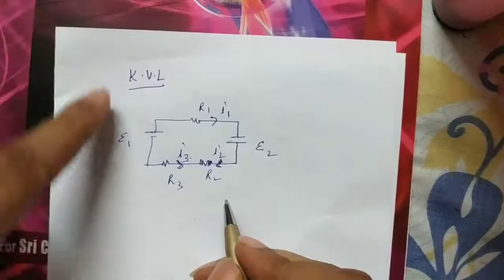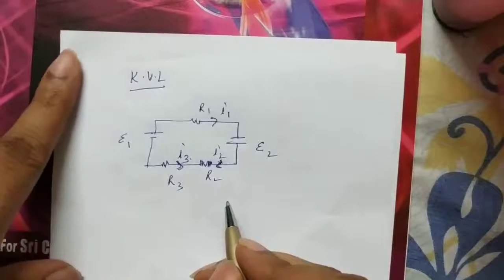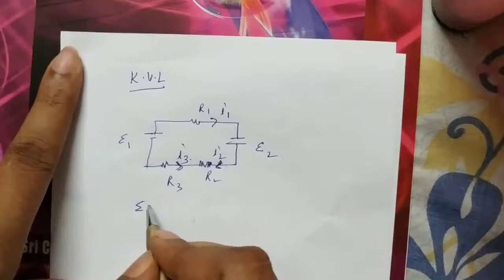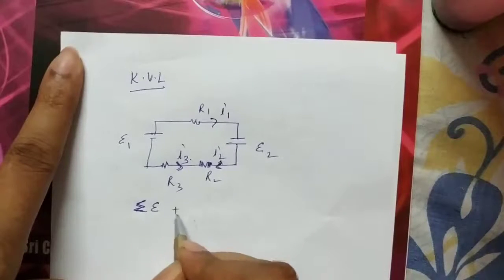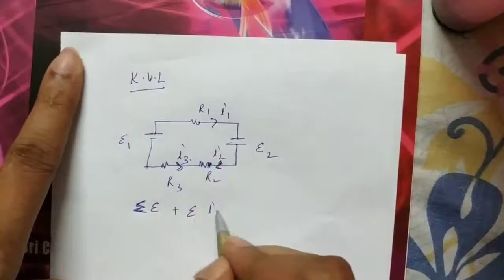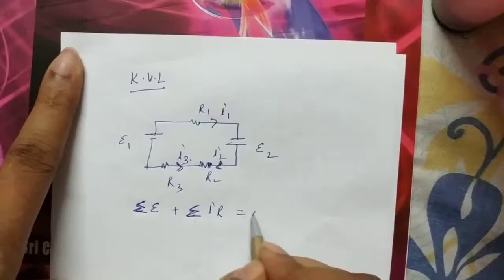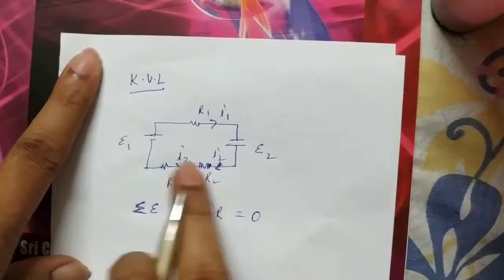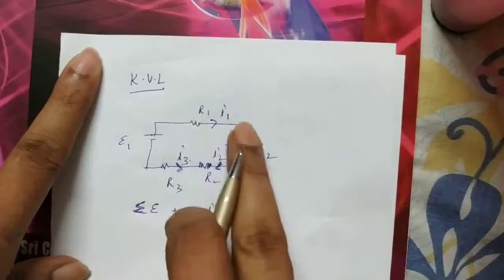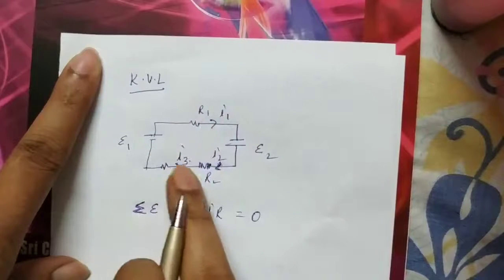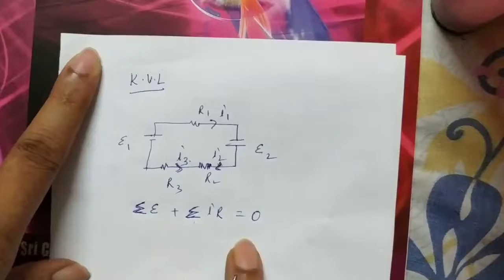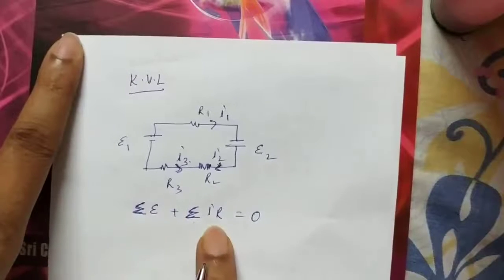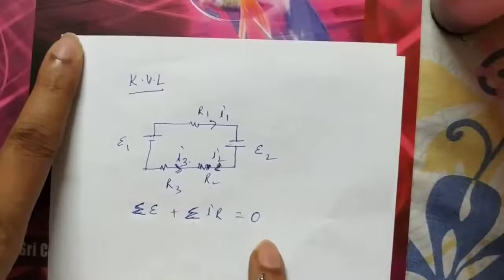According to Kirchhoff's voltage law, the total of the EMFs in a loop is equal to 0. That means the total potential, sigma EMF, plus the sigma of potential across resistance, which you can write as IR: sigma IR is equal to 0. That is Kirchhoff's voltage law. In a loop or in a mesh, which is a complete loop, the total sum of all the potentials must be equal to 0. The algebraic sum of the potentials and the products of resistance and currents is equal to 0.